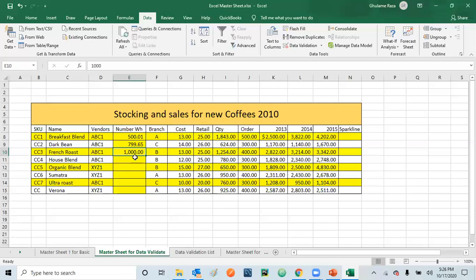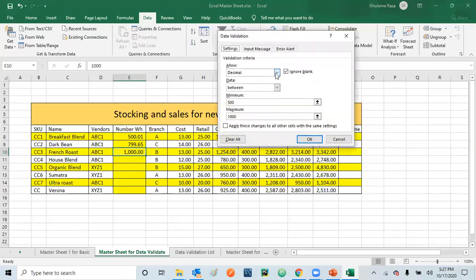So that's how you can create the cell, or restrict the cell, to accept decimal values using the data validation. Now let's clear the rules first. We have worked with any value, and all the cells are set to any value by default. Next topic is whole number. We have tested it. Decimal values, we have done it. List, we have done it. Now we'll be working with the dates.